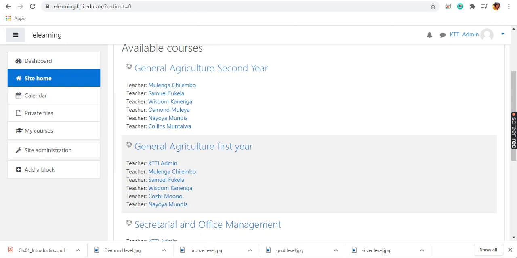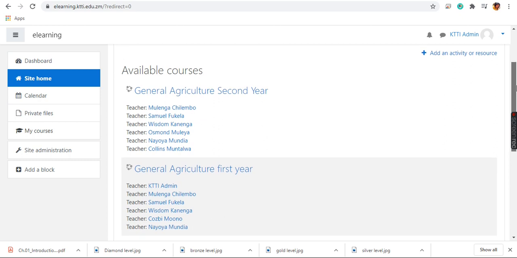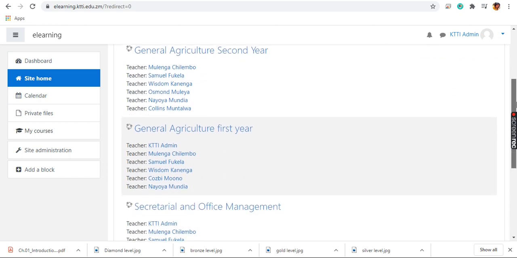Before you log in, this is most likely the page that you will see. Once you've logged in, here on this panel you will see Site home. Click on Site home, and it will bring you to this page which you've seen. And so the next thing will be